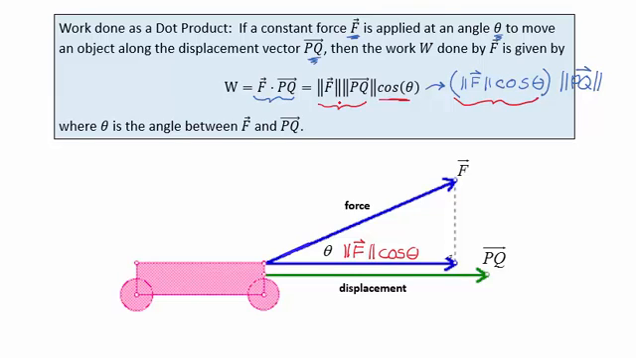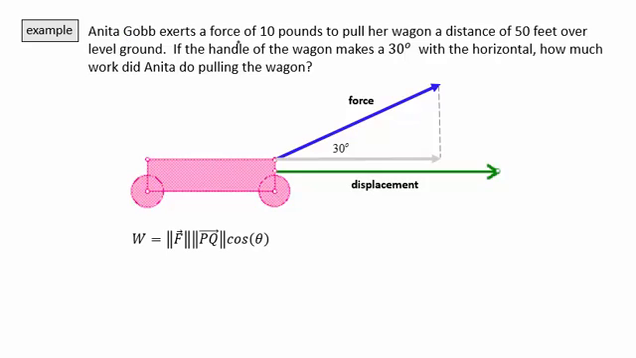Let's look at an example. Anita Job exerts a force of 10 pounds to pull her wagon a distance of 50 feet over level ground. If the handle of the wagon makes a 30-degree angle with the horizontal, how much work did Anita do in pulling the wagon? Now, to calculate our work, we have the magnitude of our force vector. She's pulling with 10 pounds of force, times the magnitude of our displacement vector PQ, the length of it, which is 50 feet,